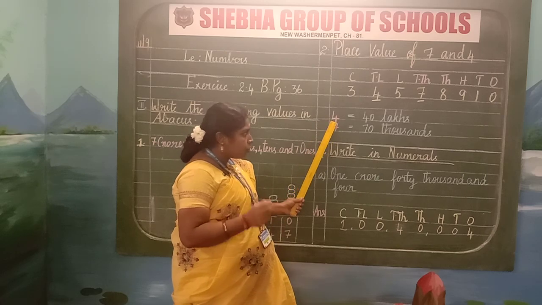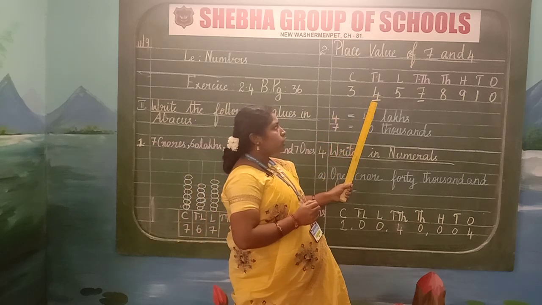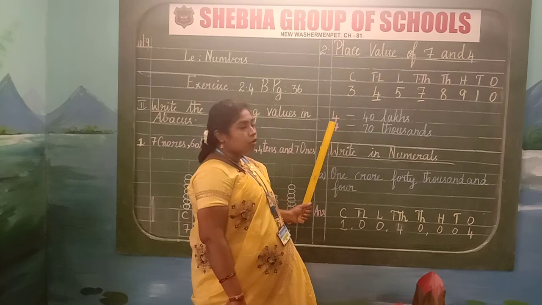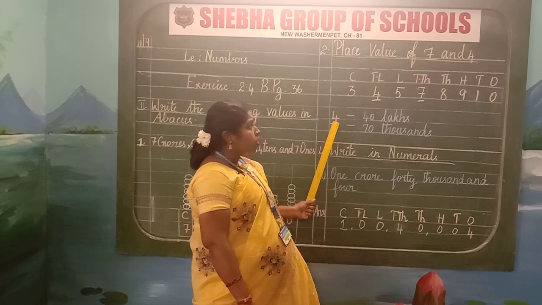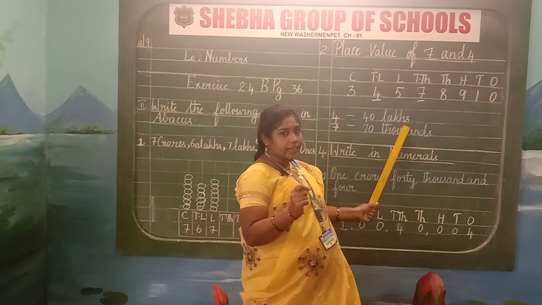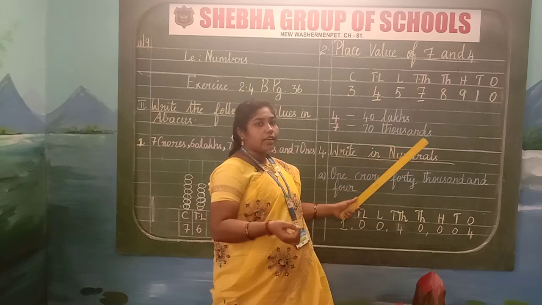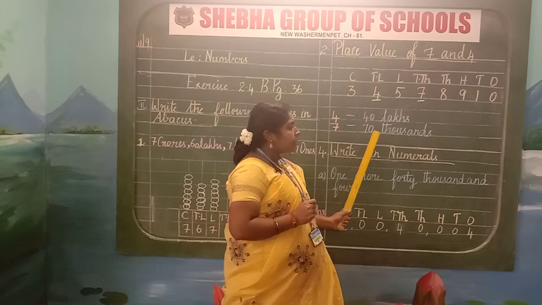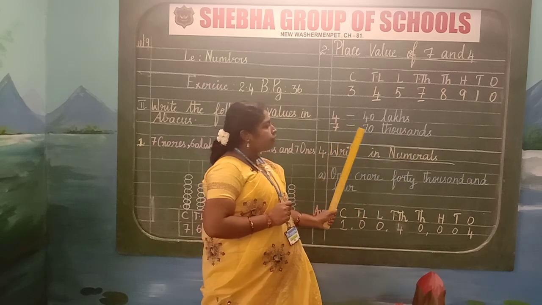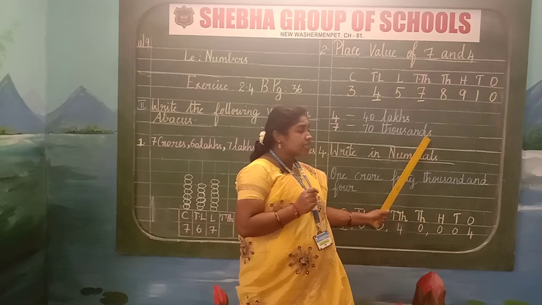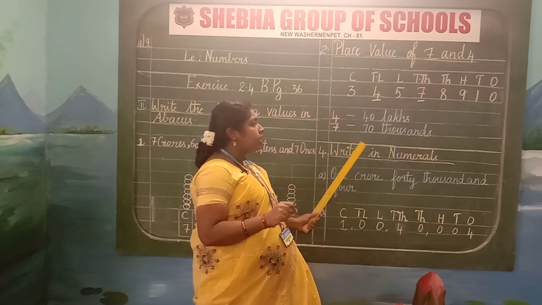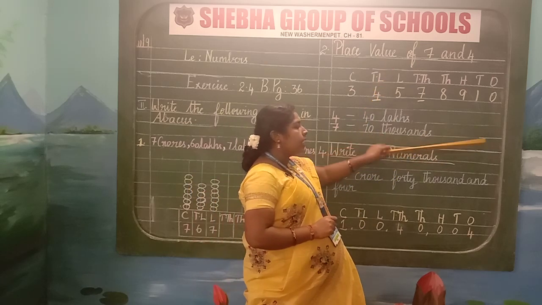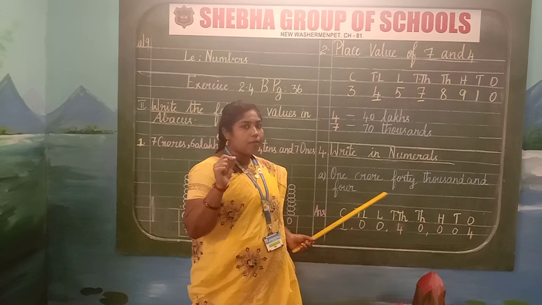First write the number 4 hyphen. What is the place value for this, children? 40 lakhs. For 4 place value 4 we have to write 40 lakhs. Clear, children? And after writing 40 lakhs, next line write the number 7 and for 7, 70,000. 7 hyphen 70,000. Mention yes here or else it will go wrong, children. 70,000. After completing this, leave one line and draw a line with your scale and pencil.